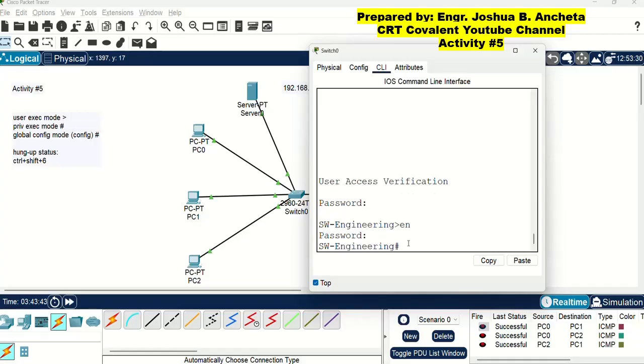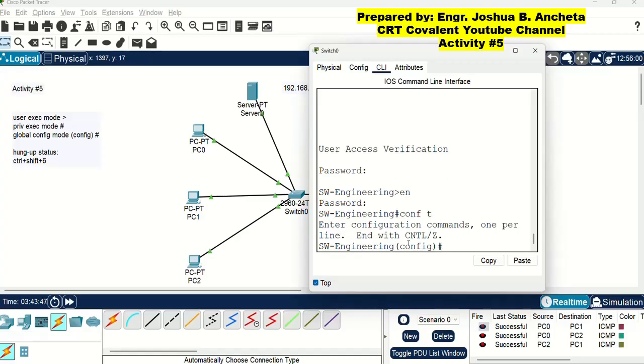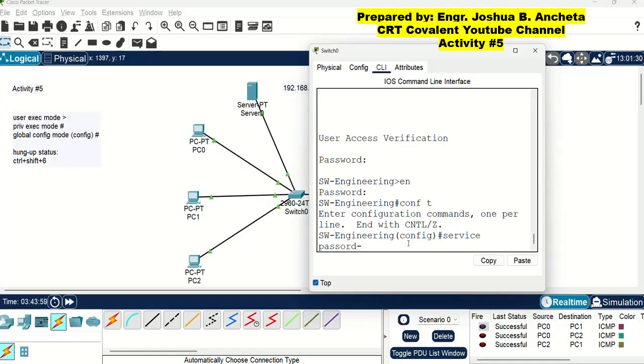Okay, then go to conft, and then here in conft or the global configure mode, type service password-encryption. Then press enter.